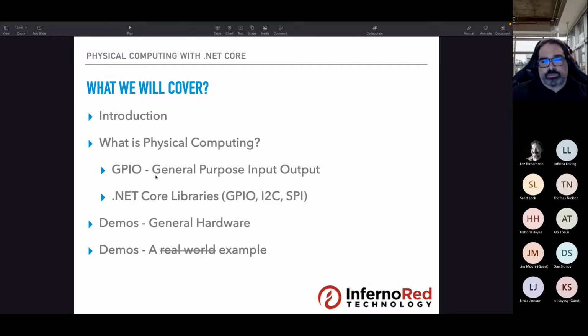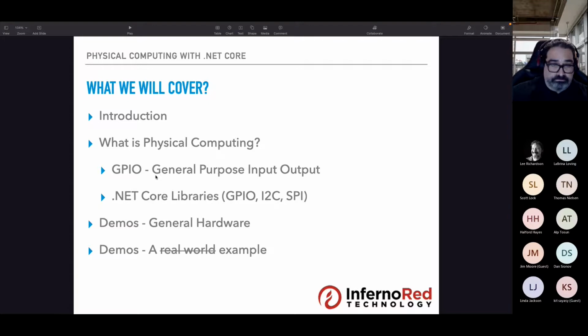We are going to be talking about the components of physical computing, specifically GPIO hardware components, and we are also going to be talking about what .NET Core libraries currently exist that permit us to interact with GPIO hardware or hardware managed using other protocols like I2C or SPI. And hopefully, if some of you have been to my presentations before, you know most of my presentations are demos. So that's what's going to be happening at the end.